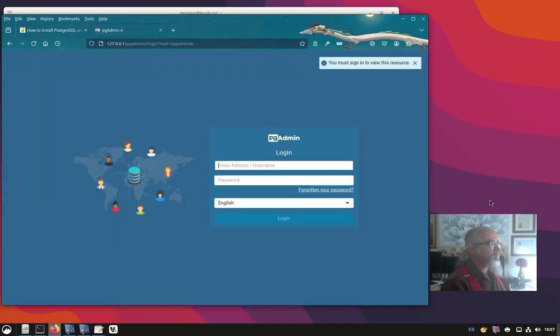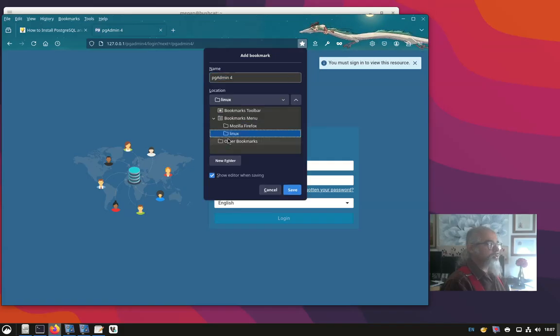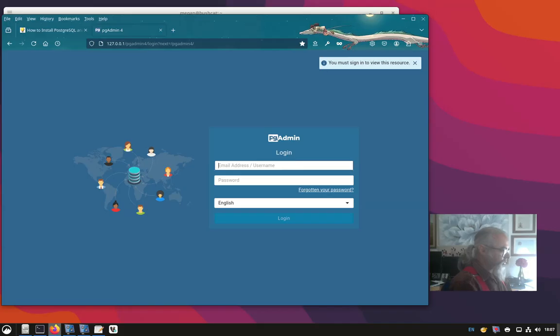So here we go. You've got pgAdmin right here. So put in the password here, or the username. In our case it is Red Hatter. While we're here, I'm going to save that, and I'm going to save it not under Linux. So go to choose, go to the bookmark menu, create a new folder and call it Postgres. Under Postgres, you're going to save it right here, pgAdmin, save, click it, and then put in Red